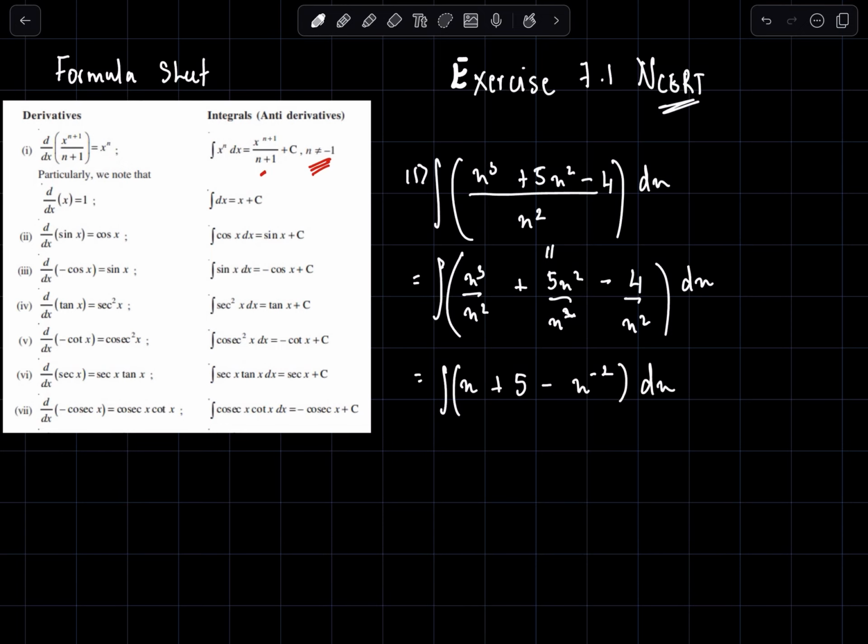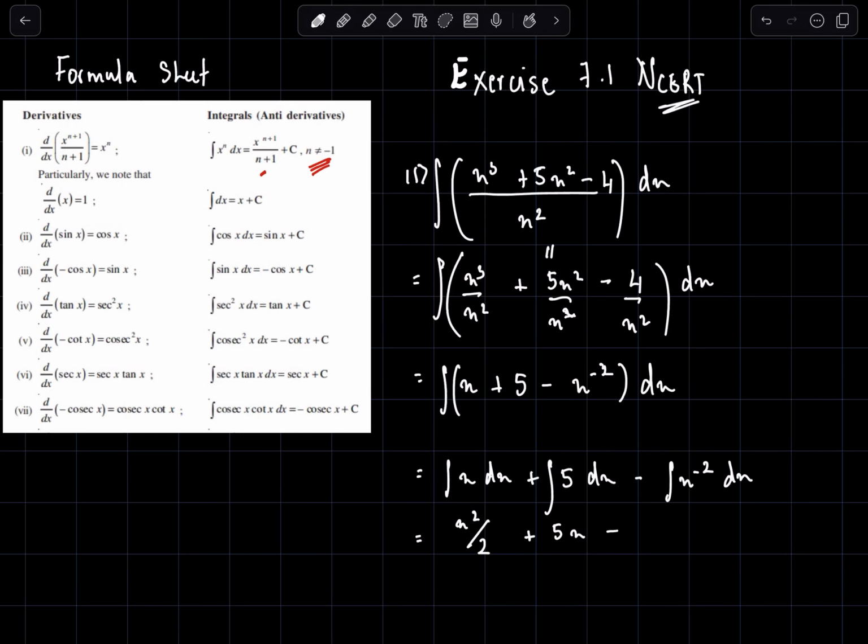So let's integrate every single term. Now, are the terms integratable? See, here is -2, but it's not -1. So you can apply the formula for x raised to the power n. So integral of x dx plus 5 integral of 5 dx minus integral of x raised to the power -2 dx. Simple, which is equal to x squared over 2 plus 5x